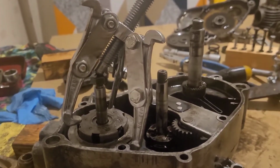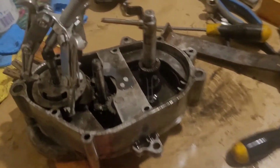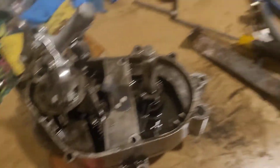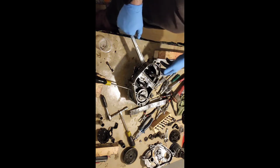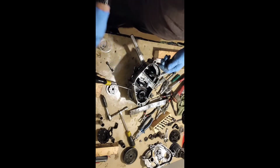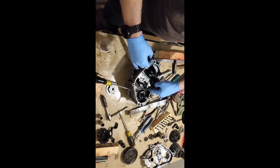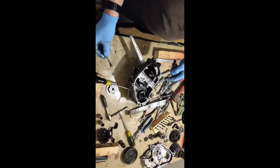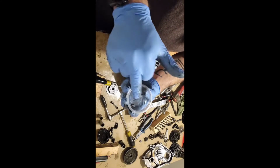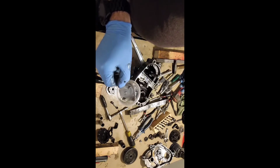and once it's out, the second case can be removed by taking this bolt out from here. Okay, so the clutch seat came out. Also, I undo the bolt from here, which keeps together the second and the third case, and I could find these aluminum pieces inside the case. I can't wait to see where this is from,